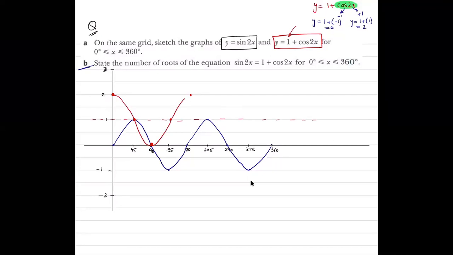That's the first cycle. Sir, why did you move the axis to unit 1? We don't have any C. We do have C for the second graph, that is 1 plus cos 2x. You see, if I rewrite this equation as cos 2x plus 1, this 1 indicates the C value. It's 1 plus cos 2x.